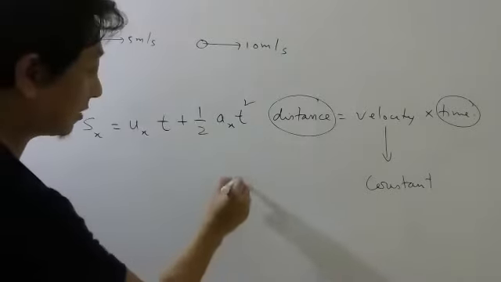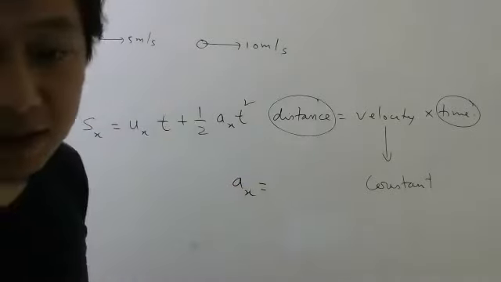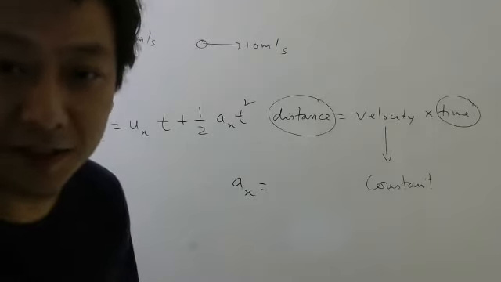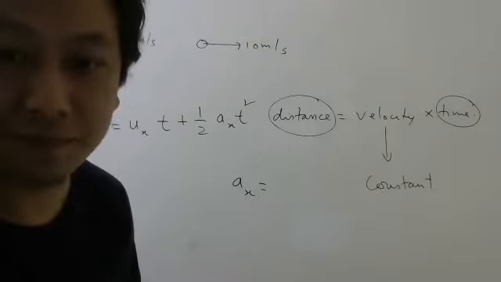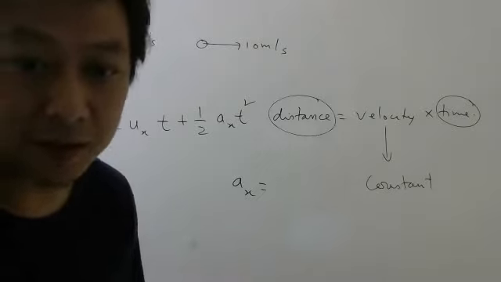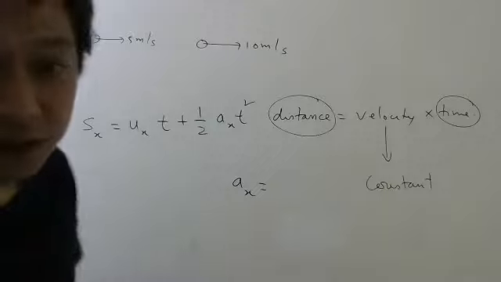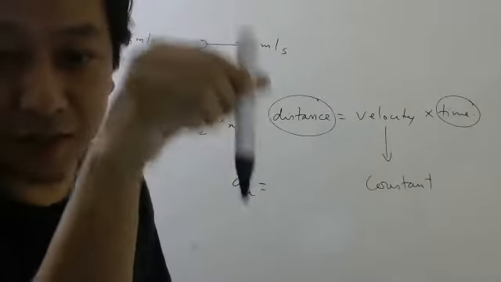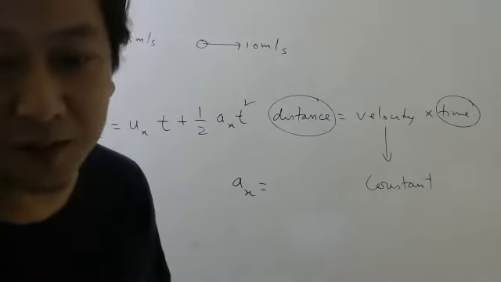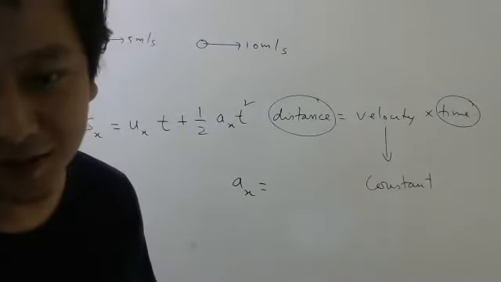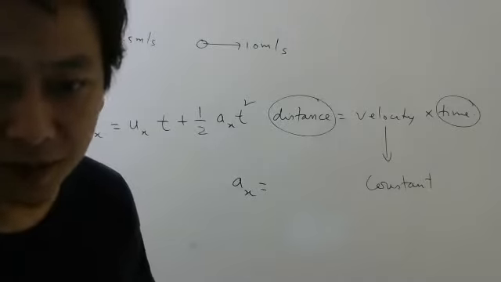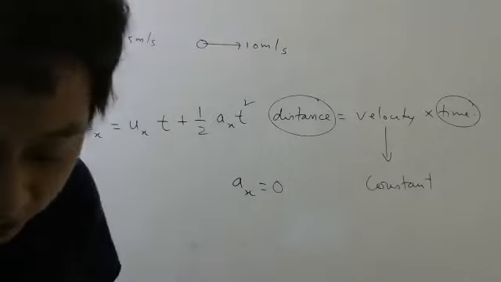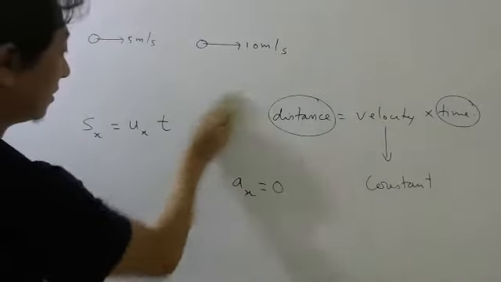What is the value of acceleration due to gravity along the x-axis? Have you completed vectors, Shanmukh? So what will be the x component of acceleration due to gravity? Gravity is along the y-axis. So if gravity is along the y-axis, what will be the x component of acceleration due to gravity? Let Shanmukh answer. It will be 0. So since ax is 0, no need to write this.